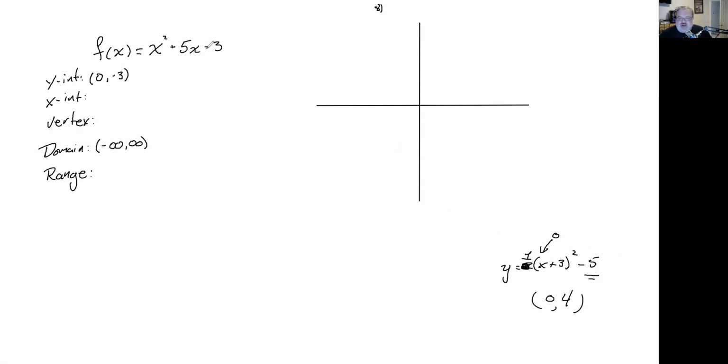So be careful about that. It's very common to have the y-intercept just be the constant on the end, but it's not always true depending on the form. So it is something to be careful about. For x-intercepts, similarly, we want the y value to be 0. So we're going to formally take this thing and set it equal to 0. So I'm going to go off here somewhere and let 0 equal our x squared